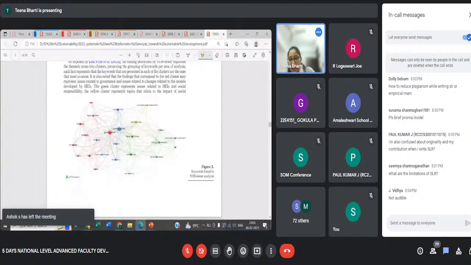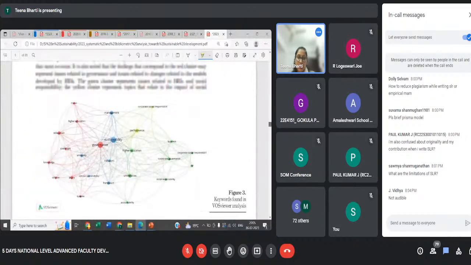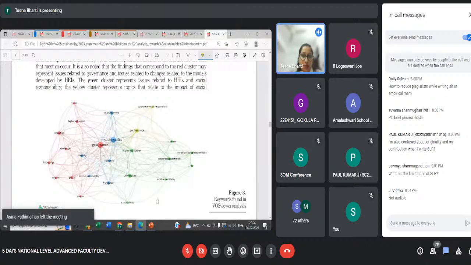So this is how keywords are important. This is a keyword map which they have created with the help of VOS viewer analysis software. And what they have found is that there are primarily 4 clusters which have come into picture. The ones connected with red show higher education, knowledge, science, policy, etc. Then there is the blue one, which is talking about university, the indicators related to